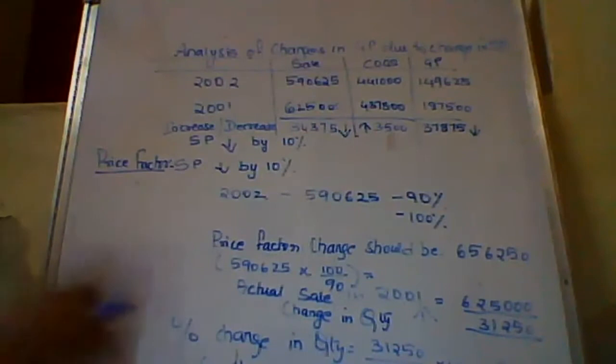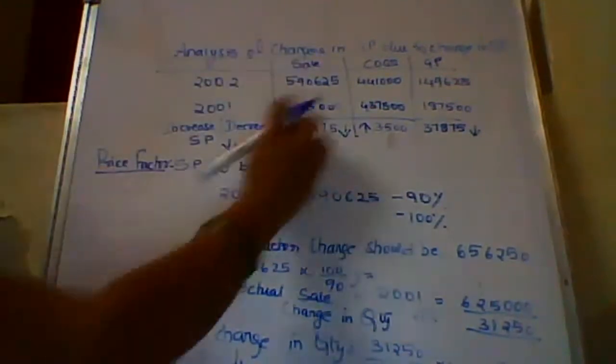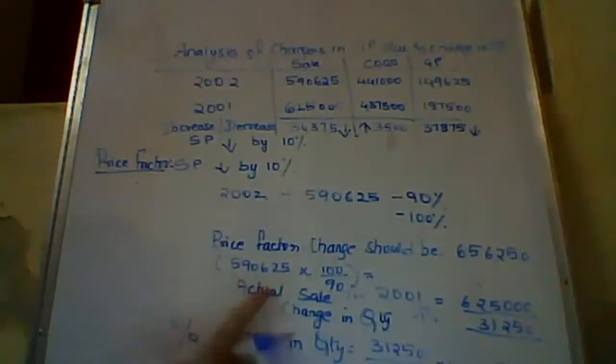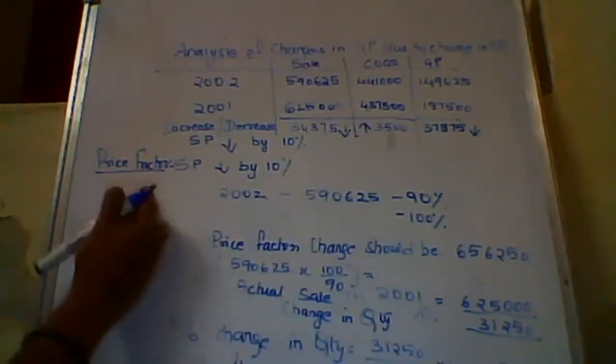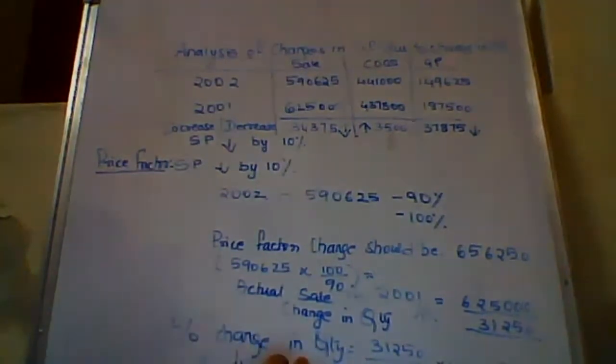It means there was a quantity increase by 31,250. Then you had a decrease in the selling price. This gives you the net impact. Remember, you will find out this impact in the final solution which we are doing. Here you are slowly finding out what is the price factor change, thereby what is the quantity factor change. Now what we understood is that the quantity change is 5%. Till here everyone understood?